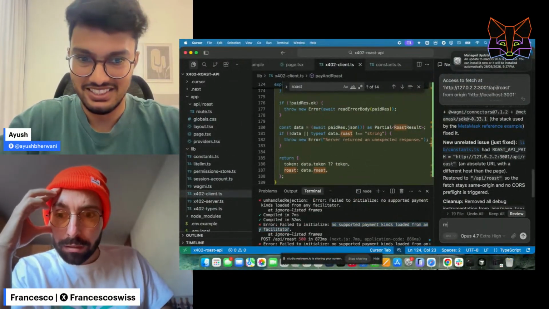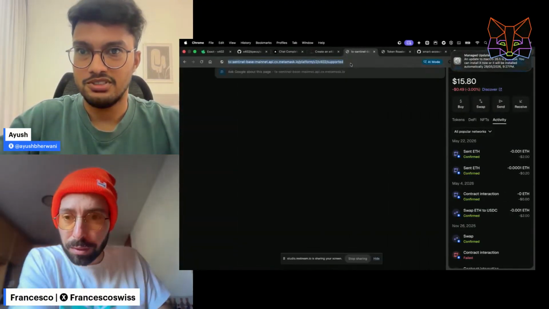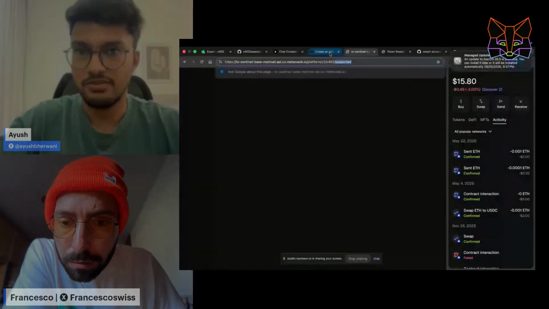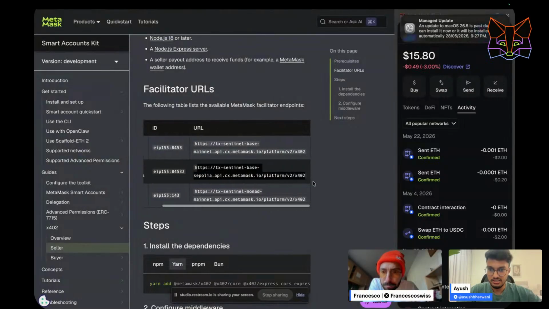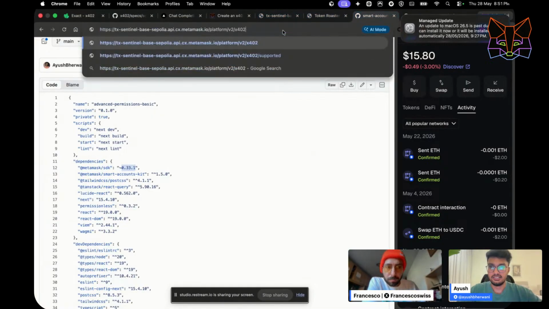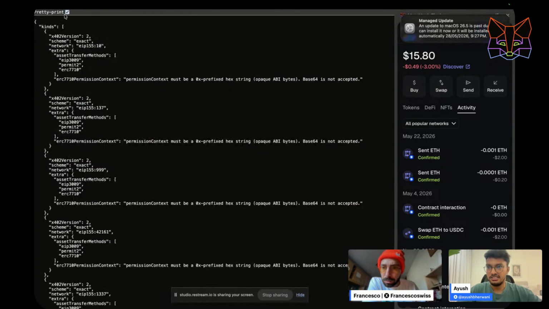Do you want to show it again how you checked for the API return? I think it's super cool for people to see. There is a path, supported, right? Yes. We basically hit the supported one. If we see the base one, right, the Sepolia one, it will have a response back, and basically it is trying to check that. So you get a return, right.